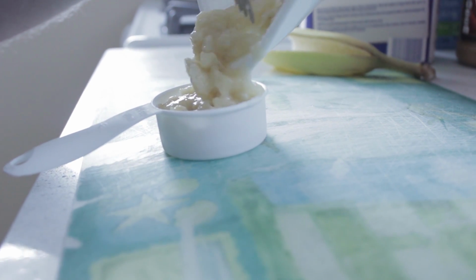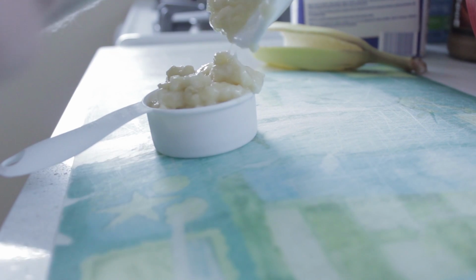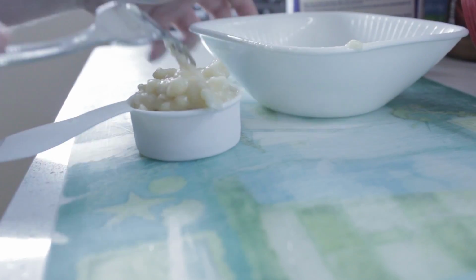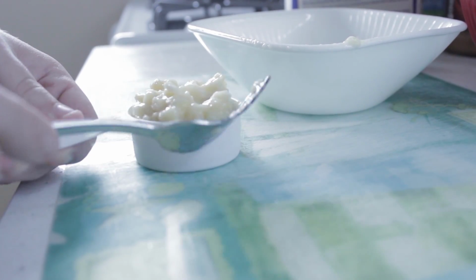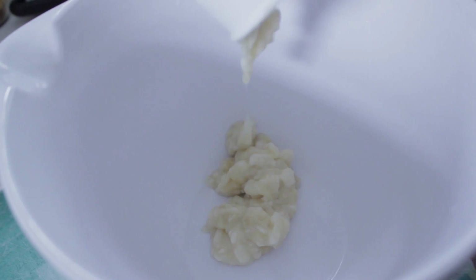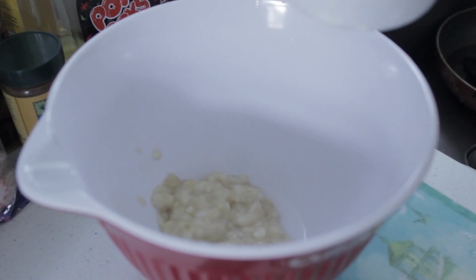We had a little more than a quarter cup, and that's fine because that just meant that this treat was a little sweeter for the Buff. So, as you can see, we're organizing our banana. And that's just fun to say. Drop it all into a big old mixing bowl like so, and we're ready for the next step,